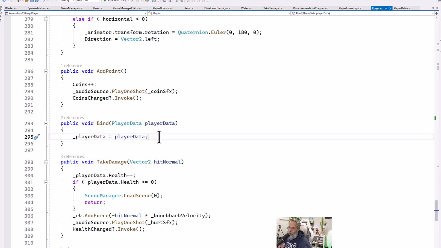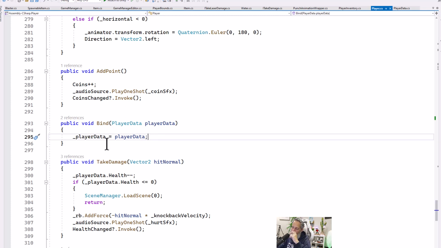The reason that I don't want to do it in here though, well, it's twofold. One is that bind generally just should be hooking up the data. It shouldn't necessarily be moving objects around and doing more complicated things. I prefer if it just sets up the data and then maybe sets up the initial state. But we're going to keep a very generic binding system, and we're going to extend this out to be even more generic. And I don't want them to have very different implementations for each one. So instead, we'll create another method, and where we call bind, we're going to call this method to restore our